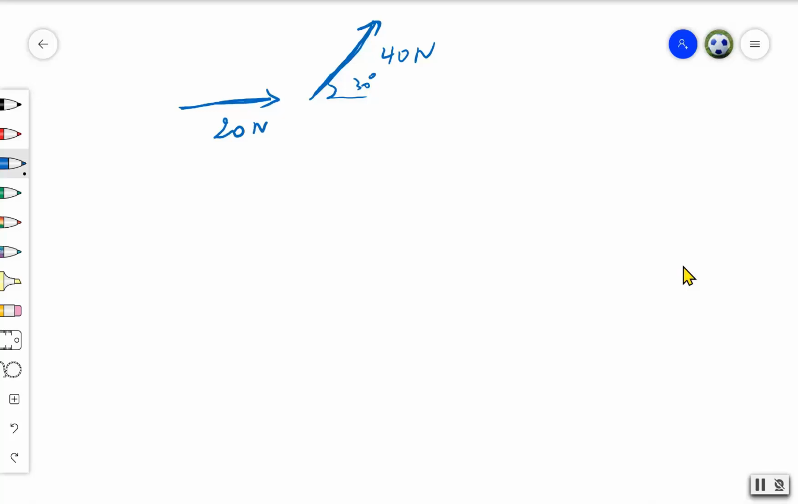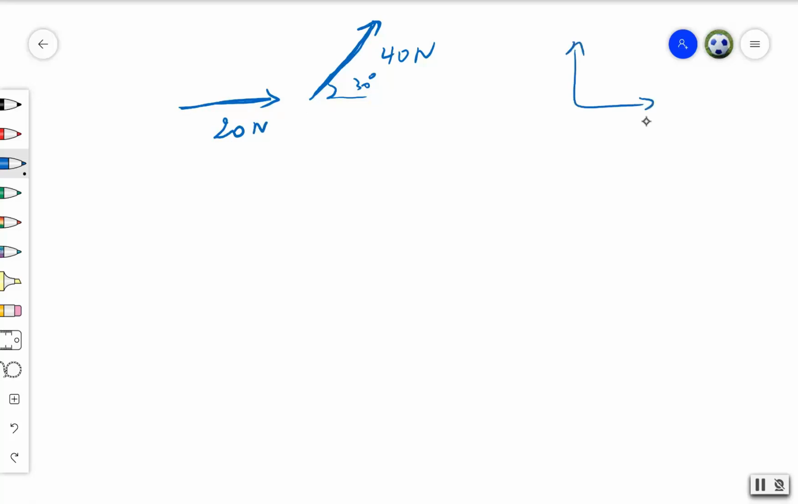Hello. Today I'm going to show you how to add two vectors, not necessarily parallel, not necessarily the same. So let's see, we have these two vectors,